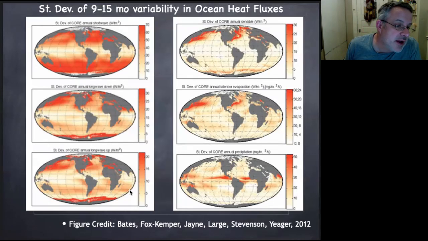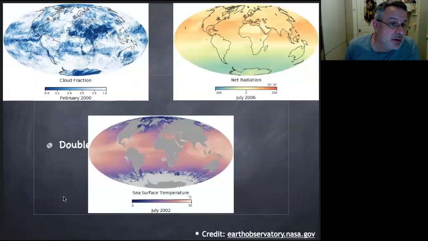So this is longwave down, longwave up. They're also changing because the response of the ocean temperatures and the atmospheric temperatures is not exactly in phase with the solar temperature. Sensible, evaporation, precip, or latent heat fluxes are also rather different in comparison to the incoming solar. This is a very complicated pattern of variability on the seasonal cycles.